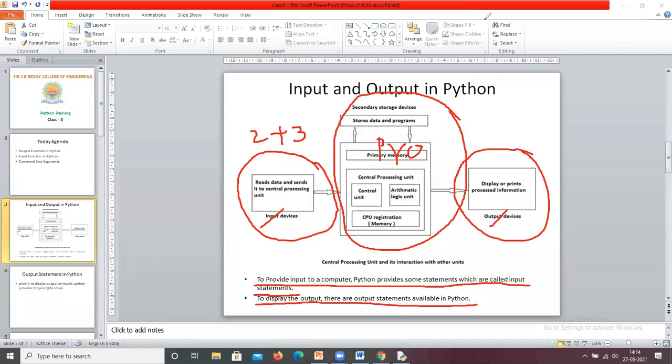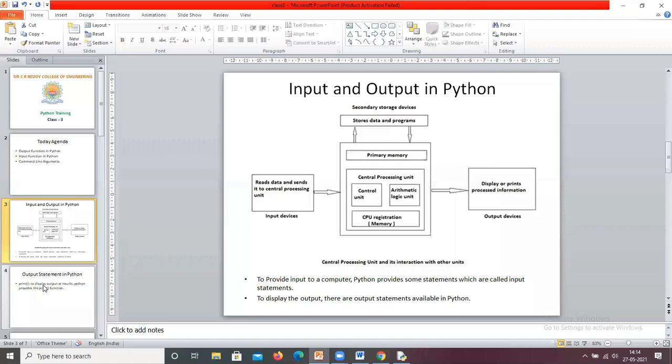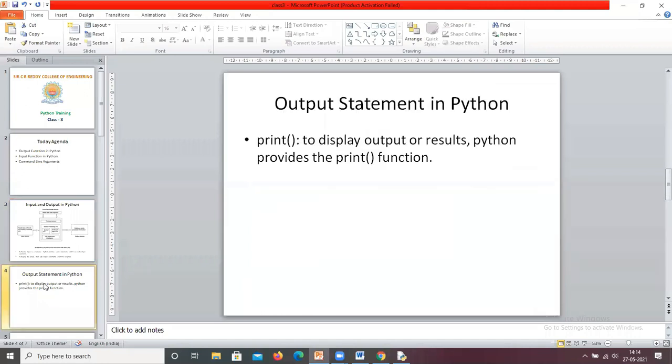Now we see output statements in Python. Print is a function used to display output or results.